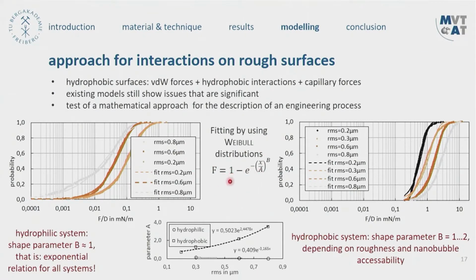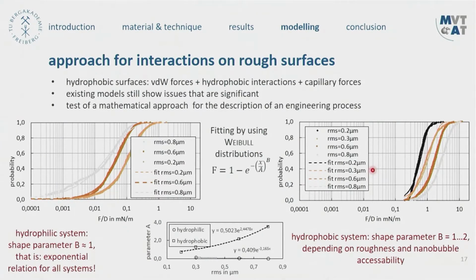Now I can have a look at the Weibull parameters. For the hydrophilic case, B is not relevant. This is going just to an exponential function, and for the hydrophobic part, the parameter B depends on the roughness. With that, I can predict and finally use in models the distributed interaction force from the hydrophobic, now containing nanobubbles as well as